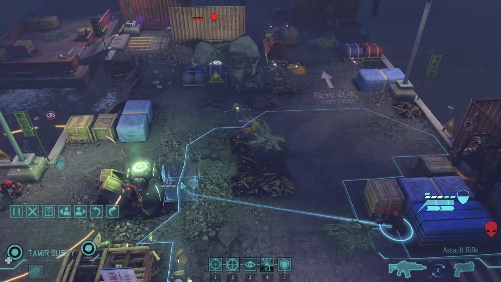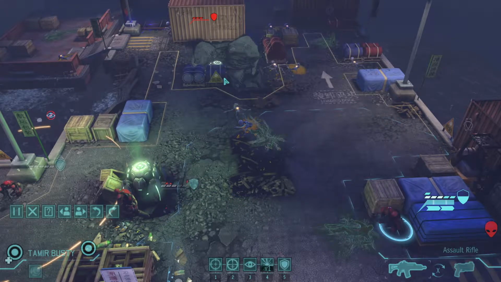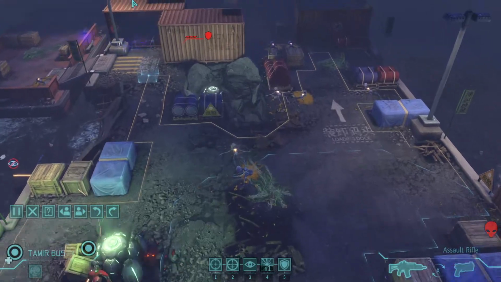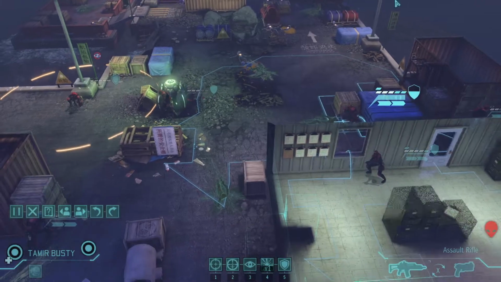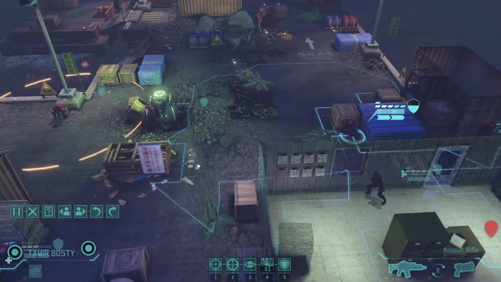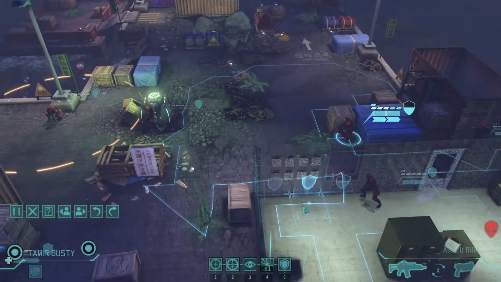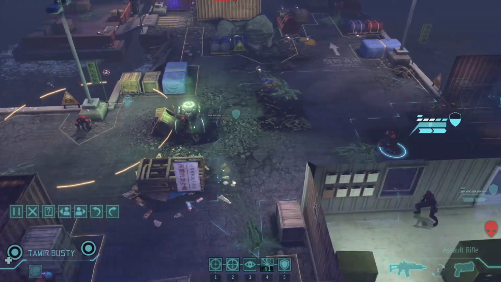Now I could move you here in full cover. That would protect you from him. He can't get around here to flank you, but there's that third unknown alien that could pop out over here and we'd be dead to flank. So we're not looking at some great shots. So I think what we'll do is we'll get...